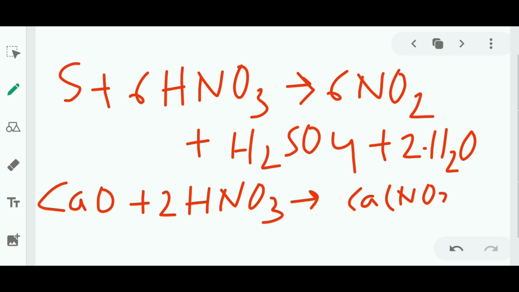So for this class we'll learn about different substances like acids and bases, and in the next class we'll learn more about acids and their chemical properties, and more about alkalis and different kinds of salt. For this class, up to this, you need to read the chapter very carefully. You need to write the equations and memorize a few equations, because chemical equations are very important for this chapter.